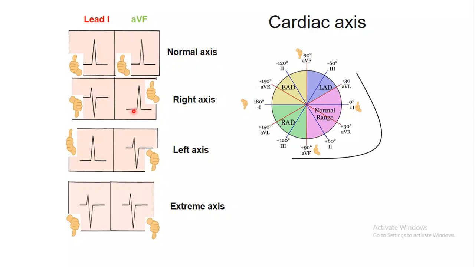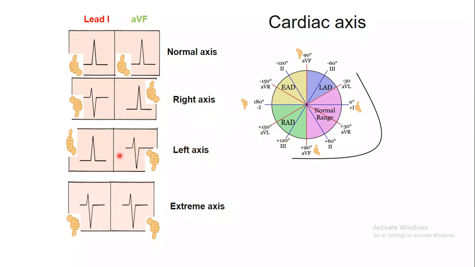While if the QRS complex is predominantly positive on the right hand only, the thumb is up on the right hand in aVF,